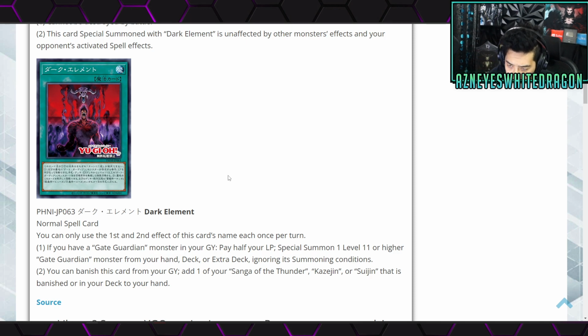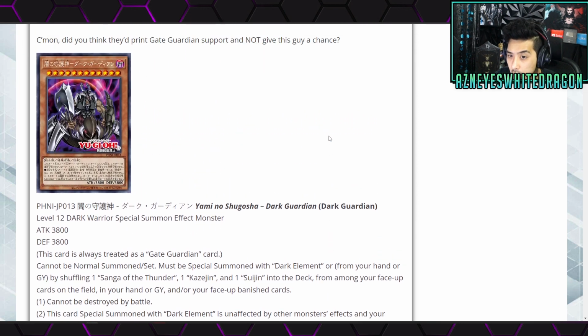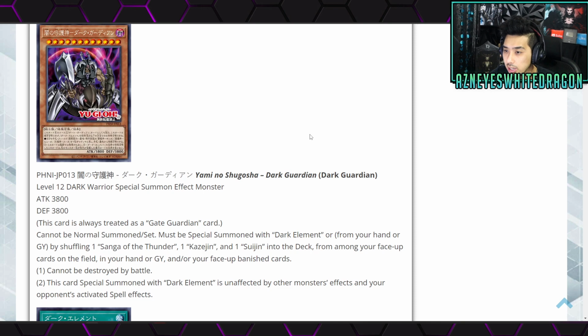Okay. So, as long as you just happen to have a Gate Guardian monster in the graveyard, which, let's say, is like one card, right? Pay half your life points, and you still have to activate this card to special summon one of them. And considering it's treated as Gate Guardian anywhere, it summons from the deck, that's just like 2 cards, right? I don't think that's that difficult to get out a pretty decent boss monster,